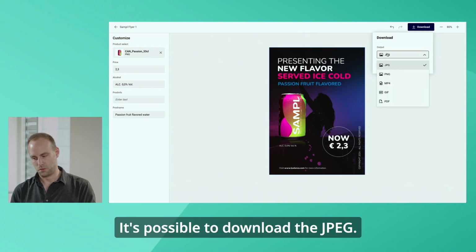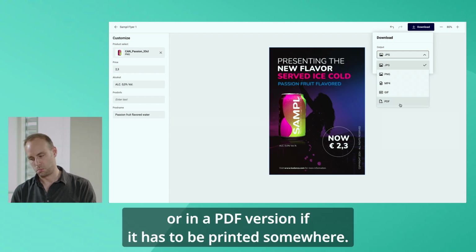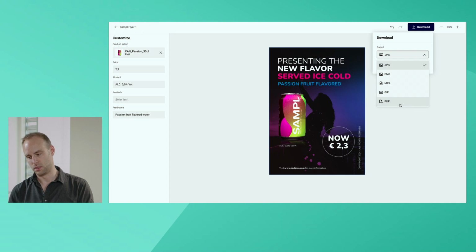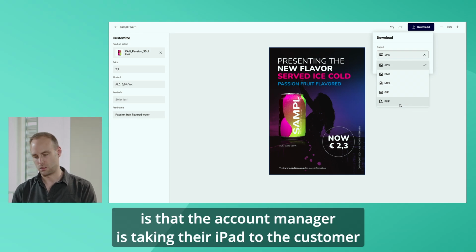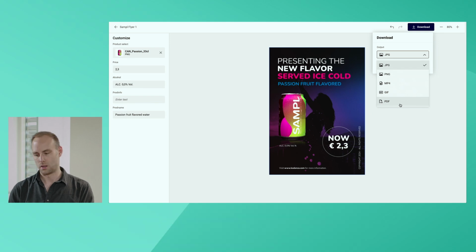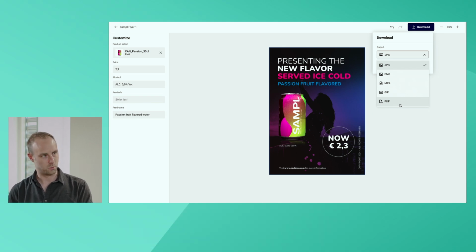It's possible to download a JPEG. It's also possible to download an animated version in MP4 or GIF, or in a PDF version if it has to be printed somewhere. That's also a possibility. But what we see more and more these days is that the account manager is taking their iPad to the customer, and just wants to show the personalized content on the iPad when they're visiting a